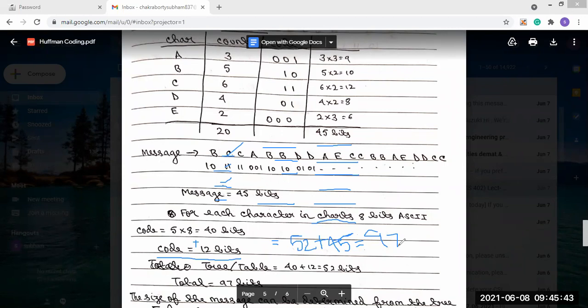And now this is total 97 bits. So it is again reduced. That's why Huffman used variable size codes, and this is the technique for Huffman coding. Clear?